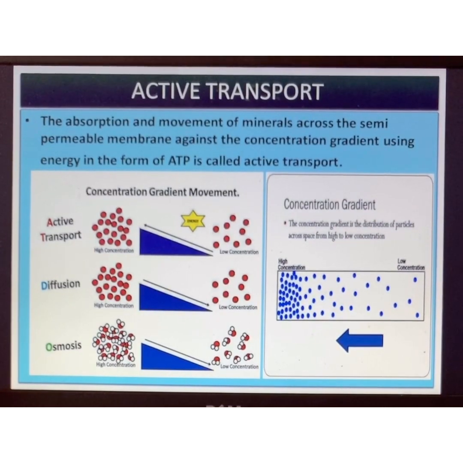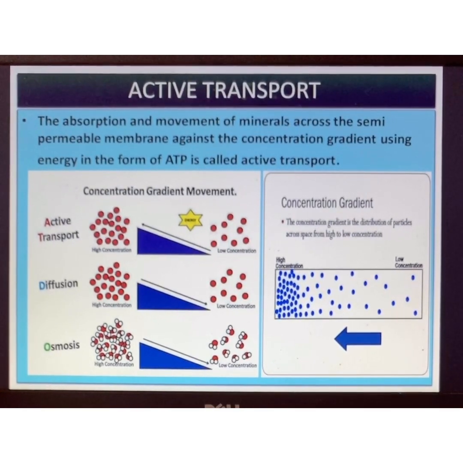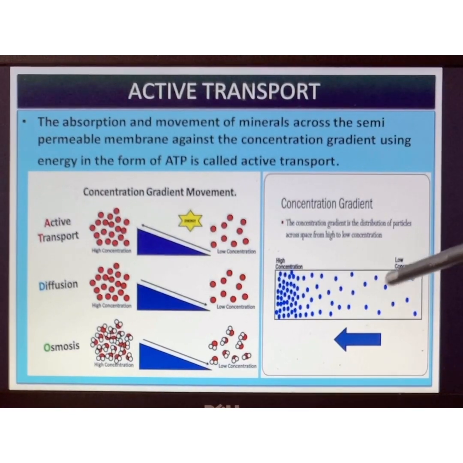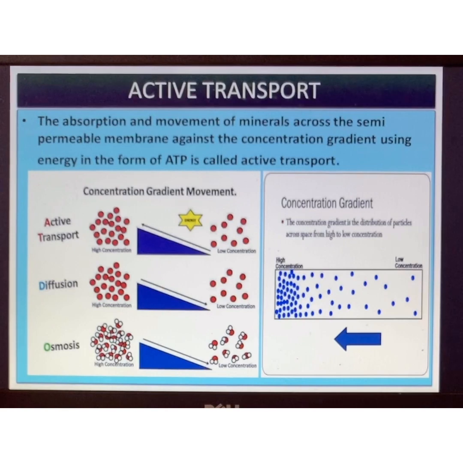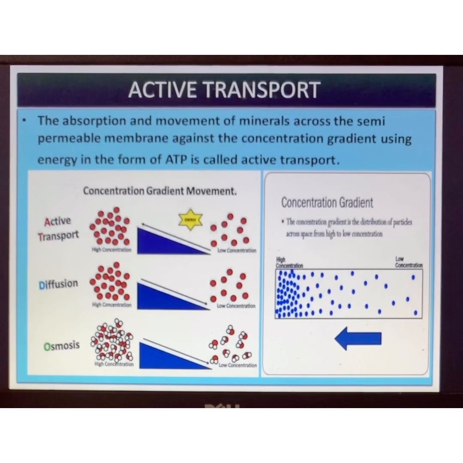But still the plant needs to absorb those minerals. Then what will the plant do? The plant will have to absorb them irrespective of whether they are less or more. So that is where active transport helps the plants. Active transport will help the plant in absorbing these less mineral molecules that are available in the soil by using energy and get them inside the plant body, get them absorbed by the roots. All right. Now, how are they going to spend energy? Now, energy is always in the form of ATP.